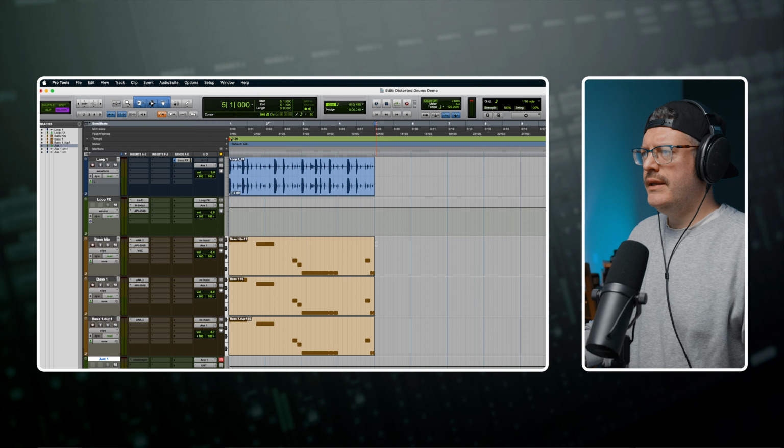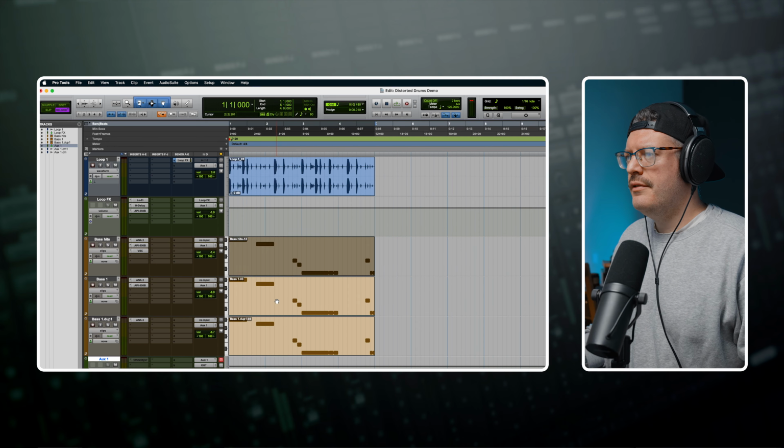Did you know that you can loop clips in Pro Tools? And I don't mean copy and paste or duplicate a region. I mean, turn the clip into a loop that you can click and drag across your song. Check it out. Okay, so I have a very basic beat here with a drum kit and 3 bass synths